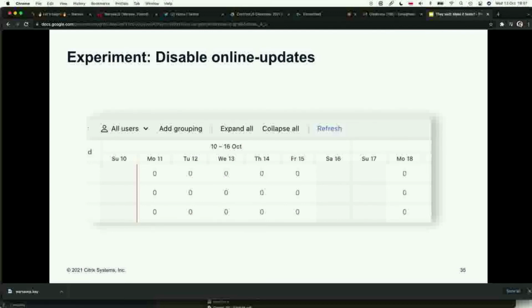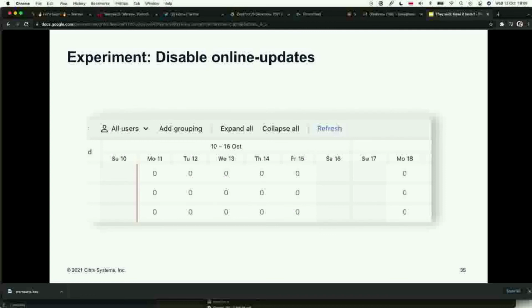And our experiment was about getting rid of online updates altogether. But we introduced a refresh button that can get your updated picture any time you want. So if you just want to go into the chart and get a weekly report, you don't need all these real-time updates. You can use this refresh button.